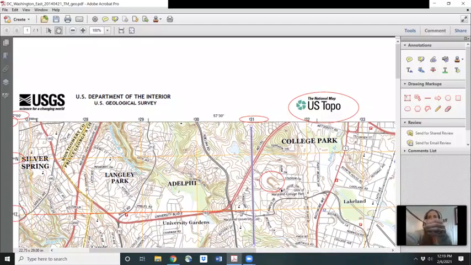So when I put my compass up, I see around 10 millimeters. So 10 millimeters, and it's a ratio of 1 to 24,000. So I take 10, I multiply by 24, and I get to 240. So this easting would be 331,240. Now for the northing, now I'm going to measure the distance